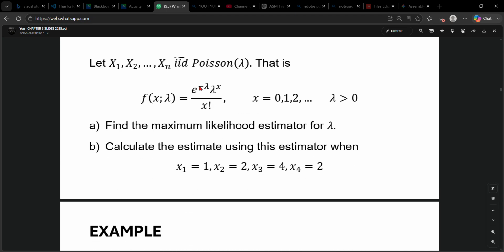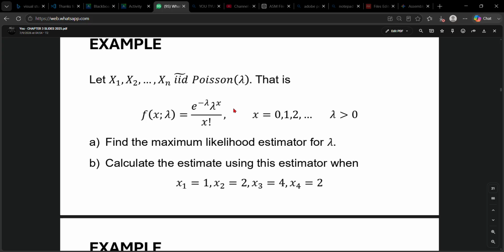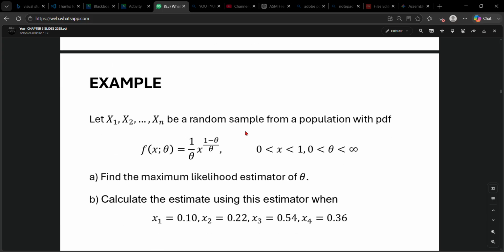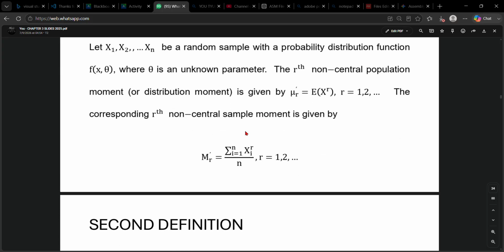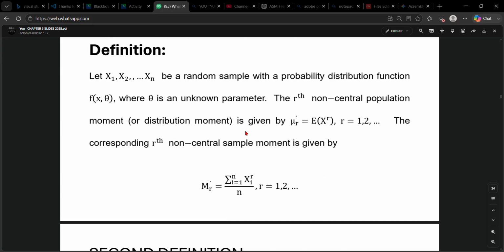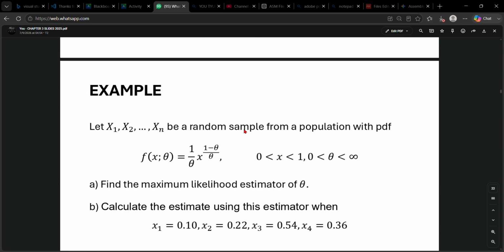Most of the things here are questions. Here you have a Poisson distribution. They say find the maximum likelihood. So it means that you're going to perform some derivatives, right? So most of the stuff is, yeah. So you're going to say